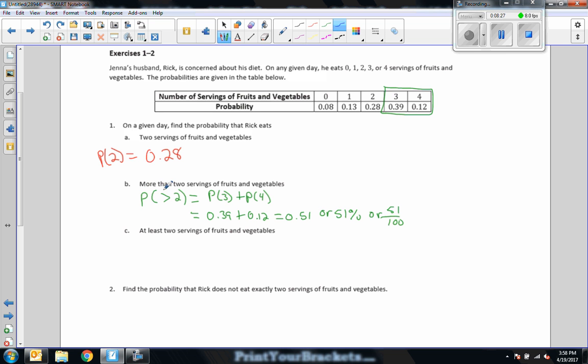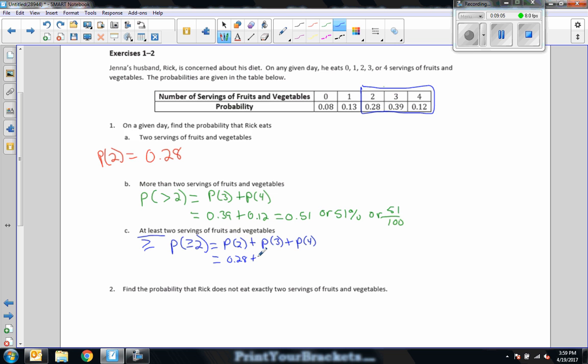C. What is the probability that Rick eats at least 2 servings of fruits and vegetables? At least 2. Again, I have to stress this. At least is greater than or equal to. Greater than or equal to 2 is 2, 3, or 4. The probability of greater than or equal to 2 equals the probability of 2 plus the probability of 3 plus the probability of 4, which equals